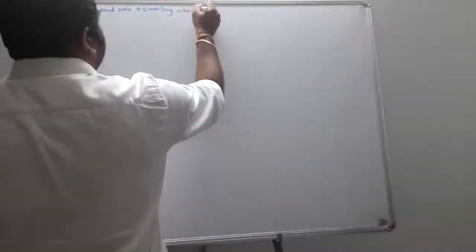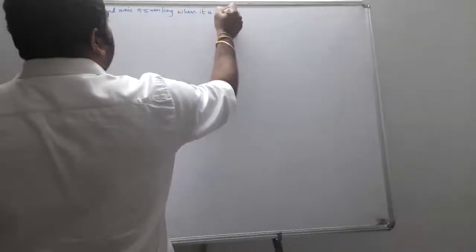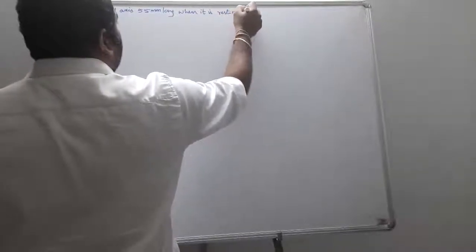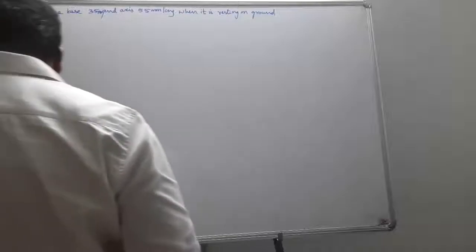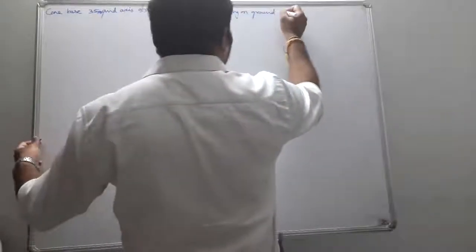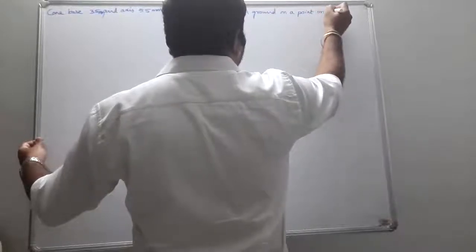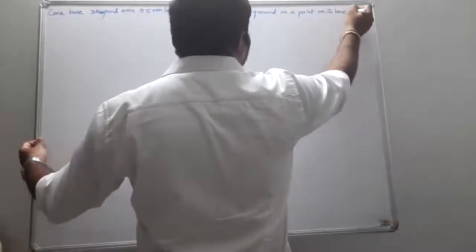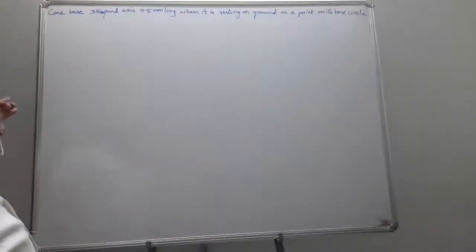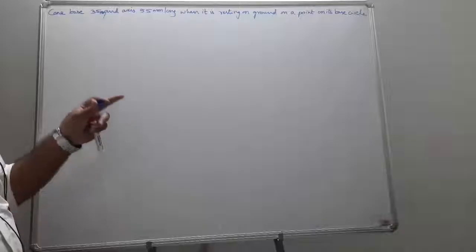When it is resting on ground, ground means don't get confused, ground means HP. Resting on the ground on a point on its base circle. Cone base 35 mm, axis 50 mm long. When it is resting on ground on a point on its base circle